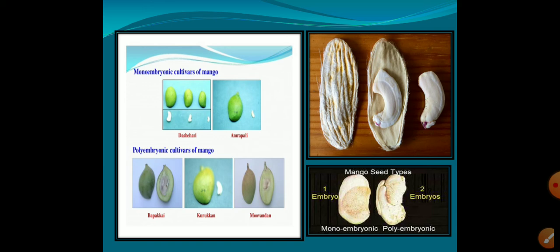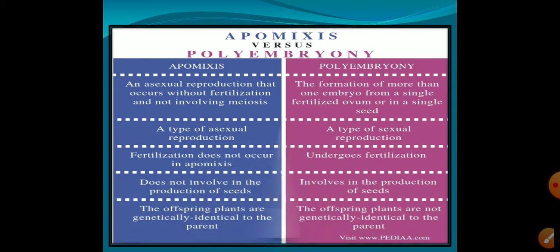So how are these two embryos or more than one embryo formed? The nucellus found outside the embryo sac will divide and will enter into the embryo sac and develop into more than one embryo. That condition you call polyembryony. So this is one comparison I have taken to understand the concept of apomixis and polyembryony. Just make a note of it. Whatever we have seen, I have only summarized and given here.